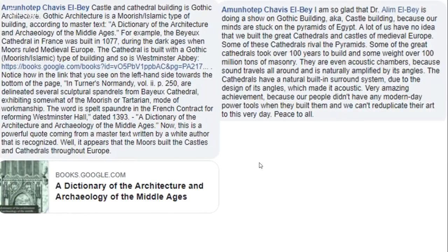And so he gives the link here. The link is to the book. Notice how in the link you would see on the left side towards the bottom of the page, in Turner's Normandy, volume 2, page 250, or delineated several sculptural spandrels from Bayeux Cathedral, exhibiting somewhat of the Moorish or Tartarian mode of workmanship. The word is spelled squandry in the French contact for reforming Westminster Hall, dated 1393. The Dictionary of Architecture and Archaeology